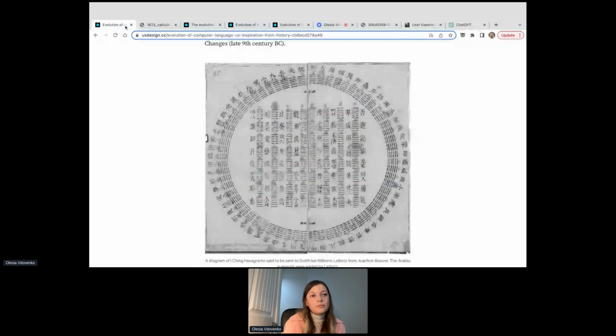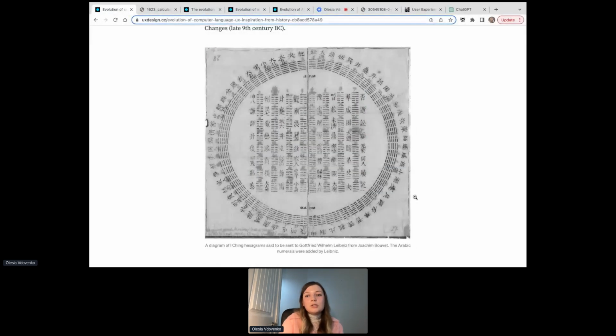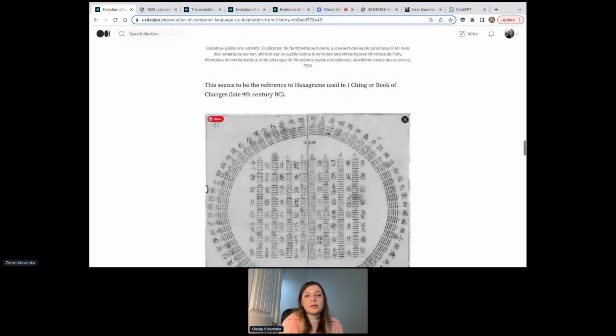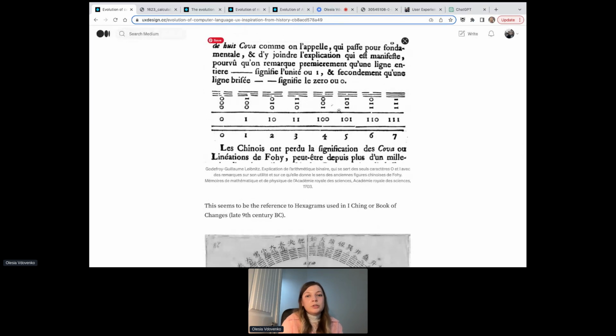So someone asked, Jack asked, how would you turn the inspiration from ancient arts into real UX product? So as I provided in the example, the first one, you can see it even in real life happening before you. So let me just share my screen again. The ancient writing from Chinese book inspired the Boolean logic, right?